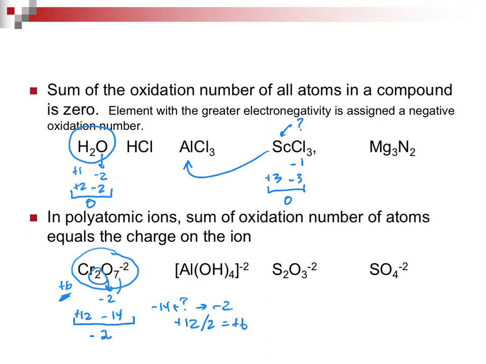The other one I want to do here has to do with the sulfate ion. It is a -2. If I look at oxygen, it's a -2 times 4 is a -8. Sulfur must be a +6 to balance. Say, how can we have sulfur in a +6 oxidation state? Well, it is sitting in the cation slot.